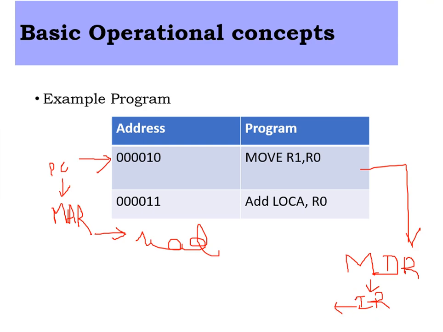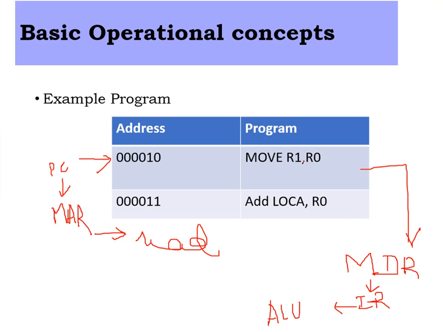Now the instruction is available in the instruction register and ready to get executed. That is in the form of decode and execute. Decode means we are going to identify what kind of operation needs to be done. So further it will be transferred to the ALU. Now the ALU is going to analyze this instruction. It is asking to move